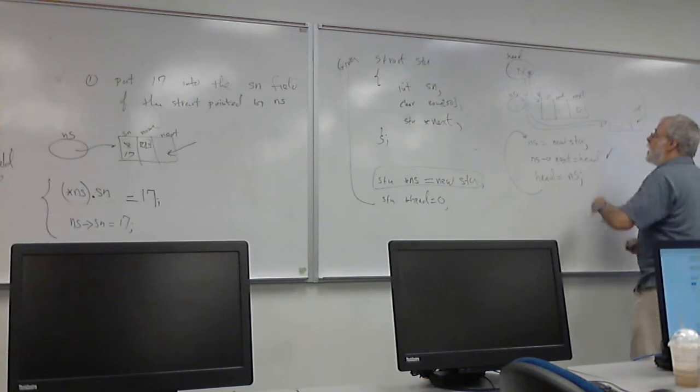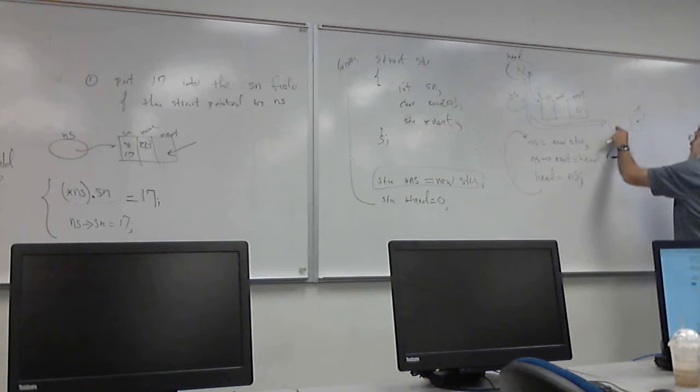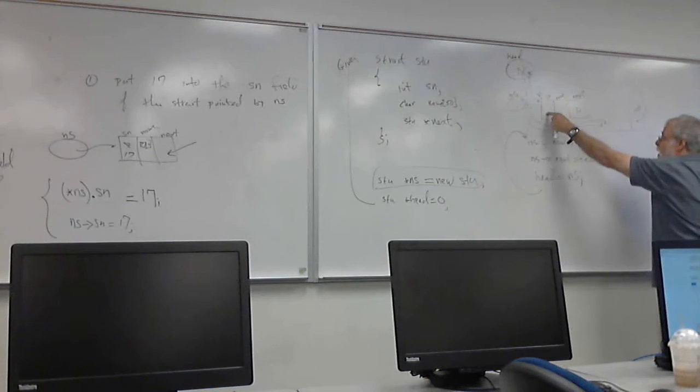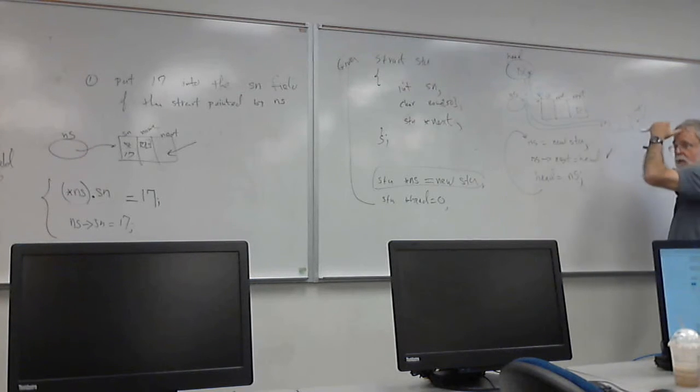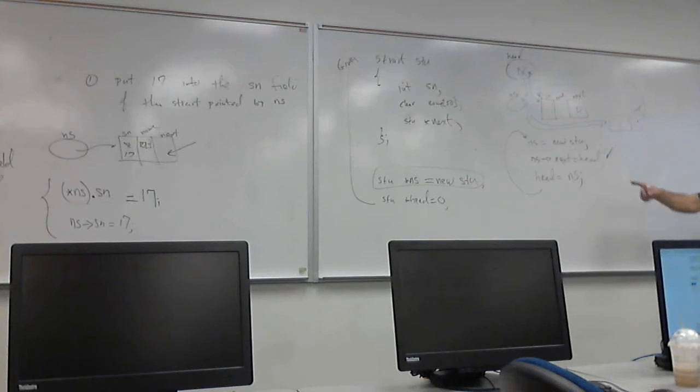So take a look. Head has in it the address of this box, and with whatever data it has, is linked to this box, and this box is at the end. So what's going on when we do these 3 steps? We're inserting a new box at the beginning of the list. So these 3 steps here insert a new box